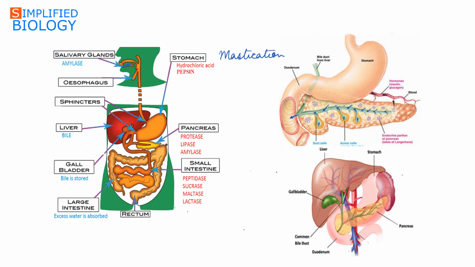Now, the digestive enzymes are secreted by the salivary glands, in stomach where HCl and pepsin is formed, in the pancreas where the acinar cells of the pancreas secrete the pancreatic juice, which consists of proteases, lipases and amylases,